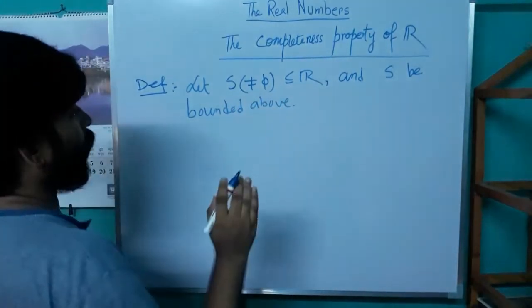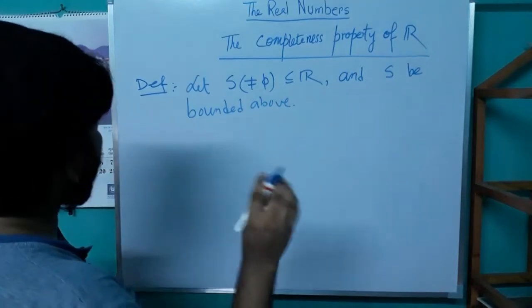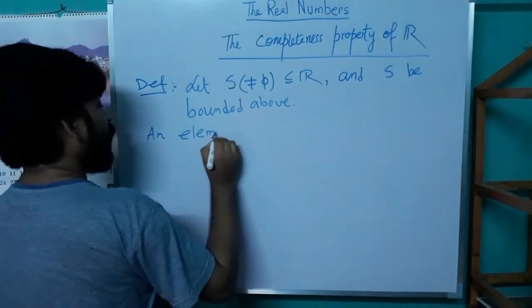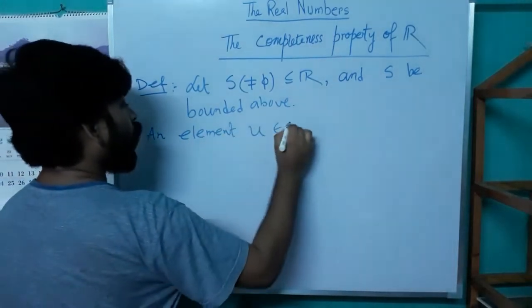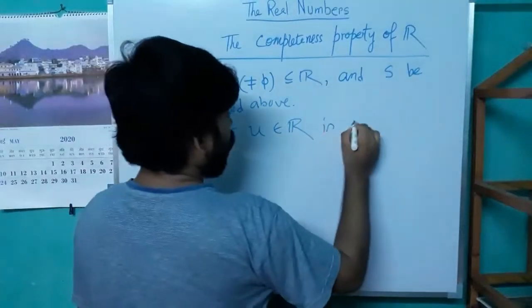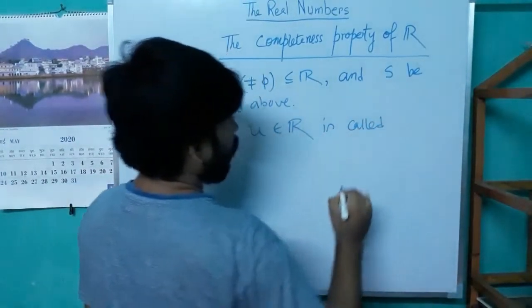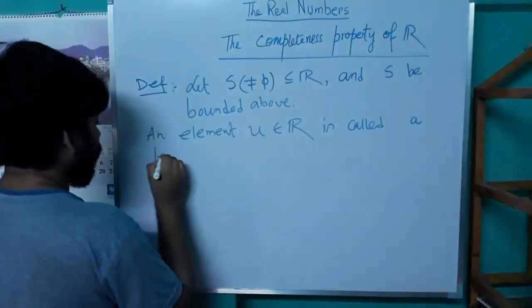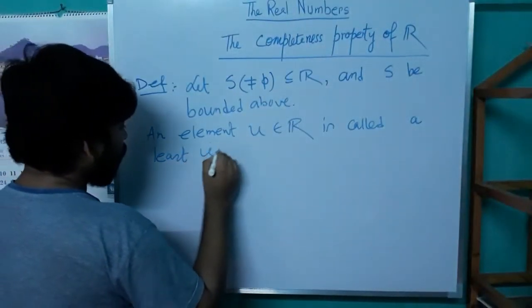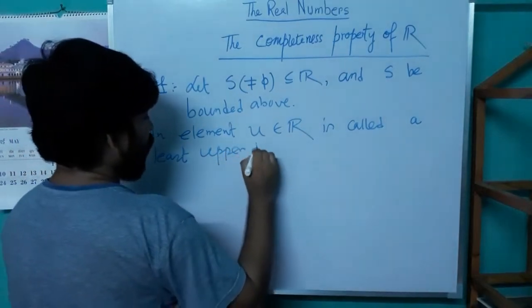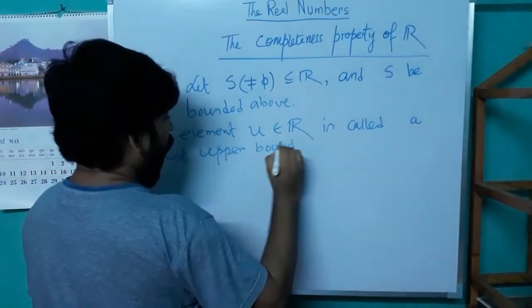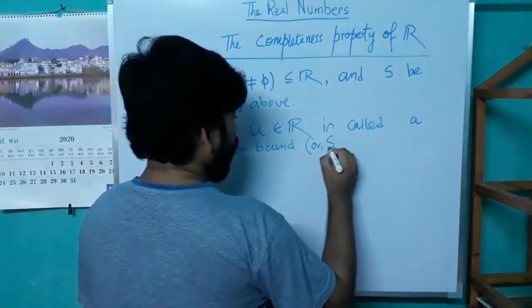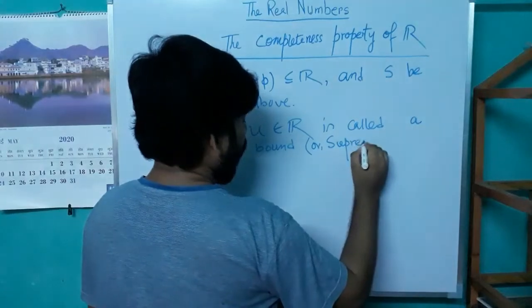So since S is bounded above, S has an upper bound. An element U belonging to R is called a least upper bound or supremum